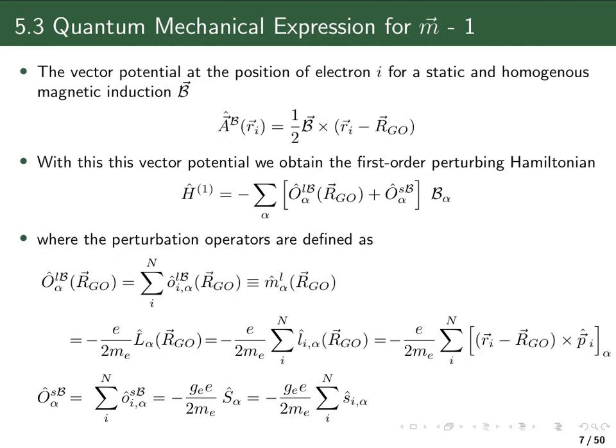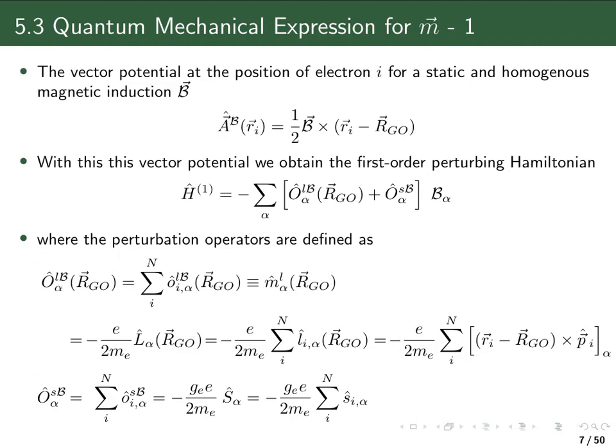That's of course the sum over all electrons. And we're going to call it later on the magnetic dipole moment operator. And not only that, we're going to call it the orbital magnetic dipole moment operator, because it is essentially the angular momentum operator for all the electrons, which of course we can write as a sum over contributions from each electron, and being the angular momentum operator it is just r cross p, the position vector relative to the gauge origin, vector product with the canonical momentum operator.